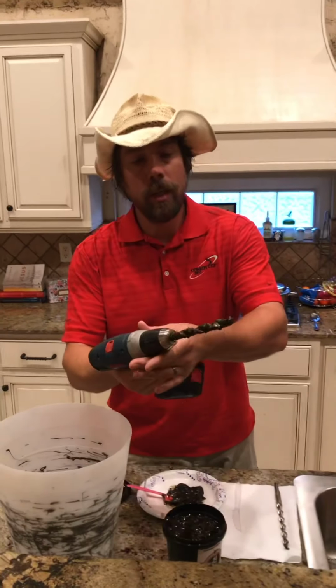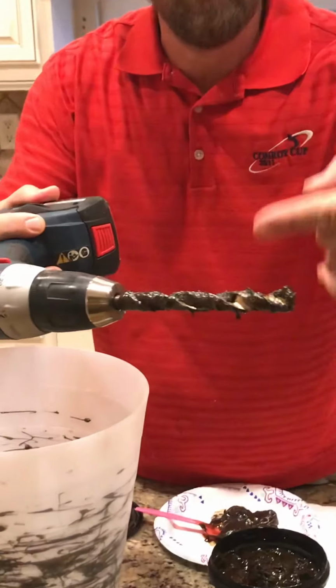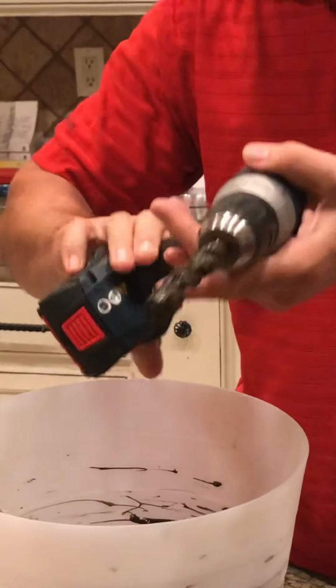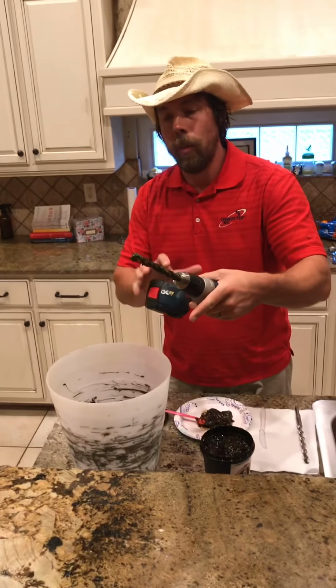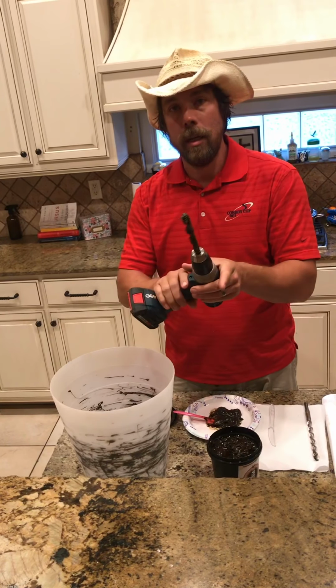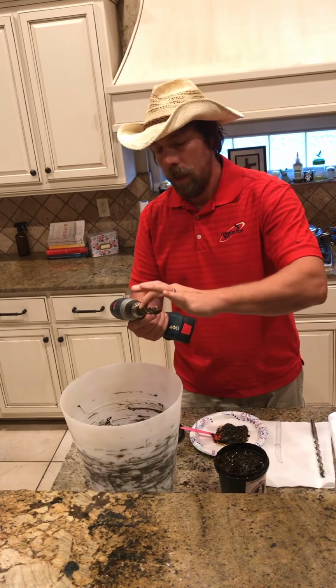So you can see there that it's still stuck all the way through all those flights. Maybe on the very tip of this drill bit it started to come out. But I think that's probably an unrealistic test, because when you're making up a joint, it's going to be encapsulated in the pin and the box of the joint. So kind of shows you